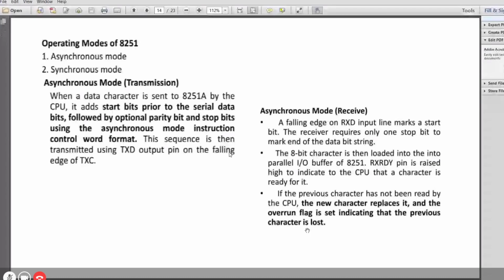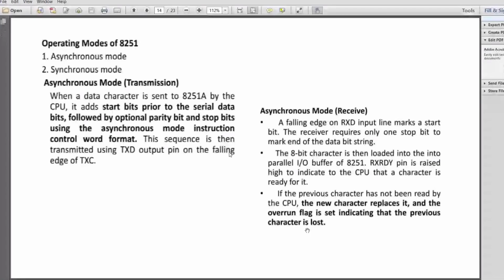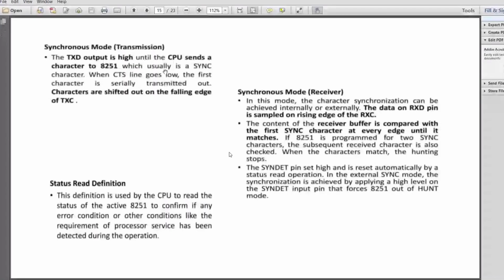And then in synchronous mode of communication, if it is the transmitting part of our 8251 acting as a transmitting section, in that case TxD output will be high until the CPU sends the character to the 8251. Normally it will be high. In synchronous mode, we have a high always on the data line.